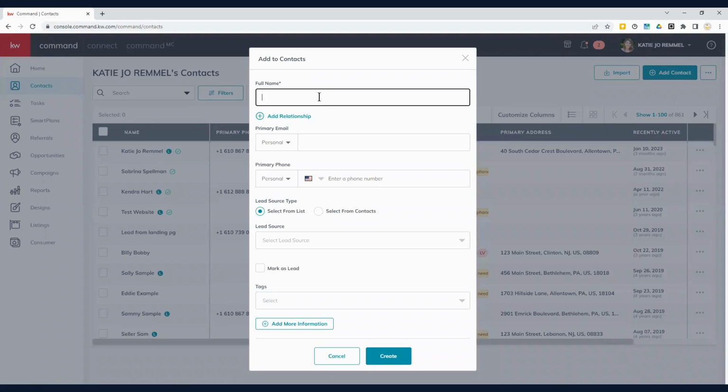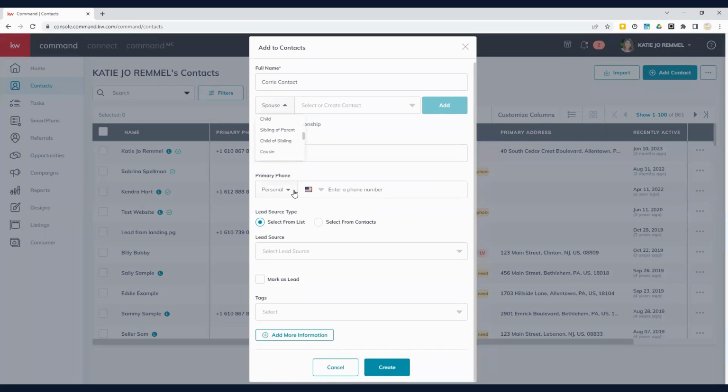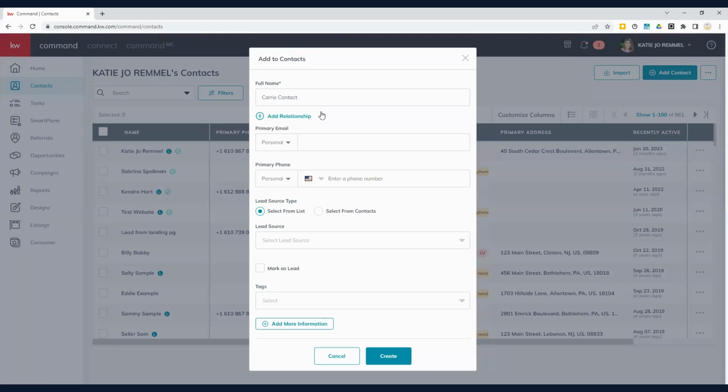And the first thing it's going to ask for is full name. So we're going to put in our client's name. Okay. And if that person has a spouse or another person that you want to add to your database, we can hit add relationship, and there is spouse and other categories of contacts that we can add that will be linked with this contact, which is great when it's time to start adding opportunities or transactions. Okay. So I'm going to leave it as is for today,